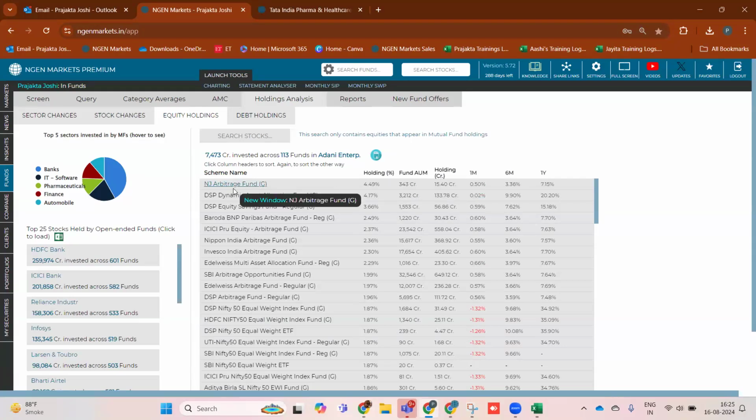Now, if we analyze for NJ Arbitrage Fund, we can see holdings in terms of percentage towards Adani Enterprise is about 4.49%. And the AUM of this particular fund is 343 CR, out of which 15.40 CR is being invested towards Adani Enterprises. Also, you can see their 1 month, 6 month, and 1 year return as well. Similarly, you can sort this